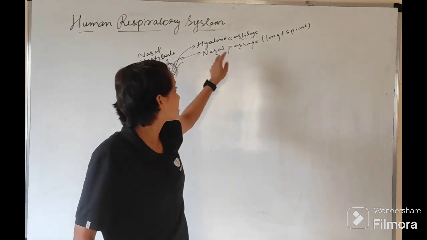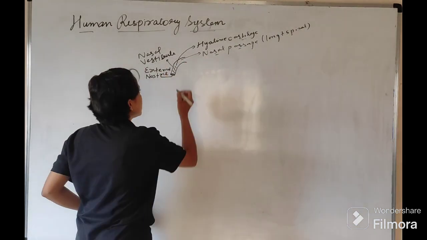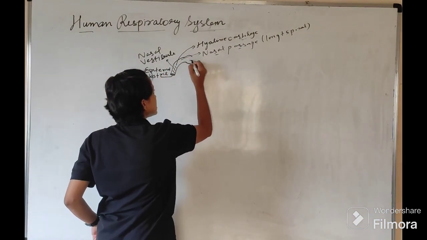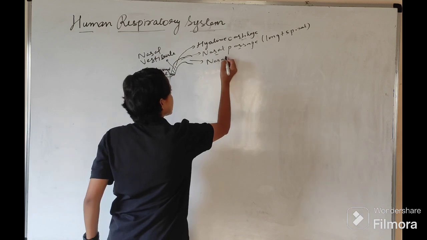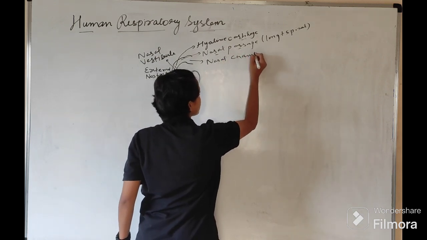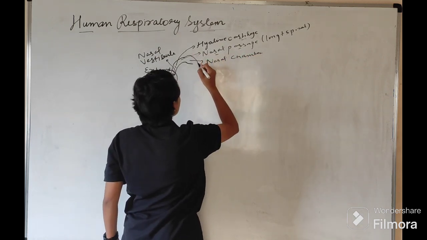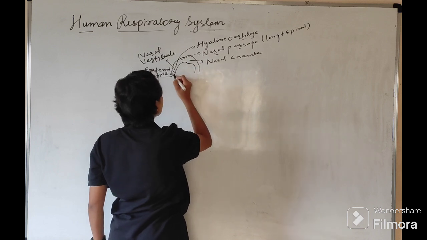So this is our nasal passage, and this nasal passage again opens into a broader structure. That broader structure is known as our nasal chamber. Clear? This is known as our nasal chamber. Now, this nasal chamber further passes on and opens into a